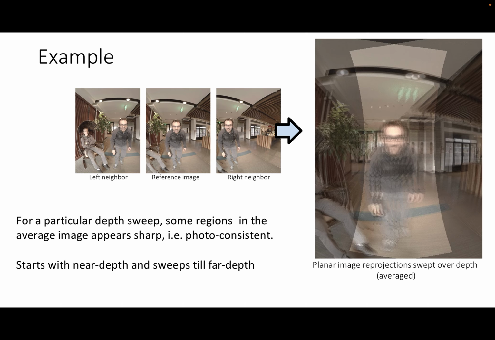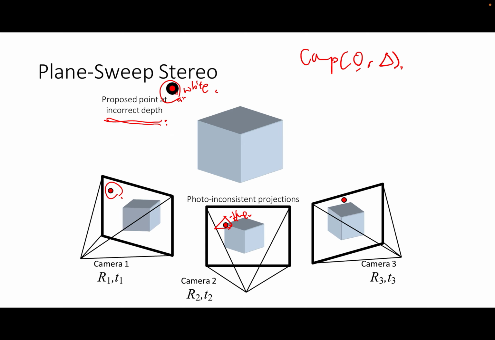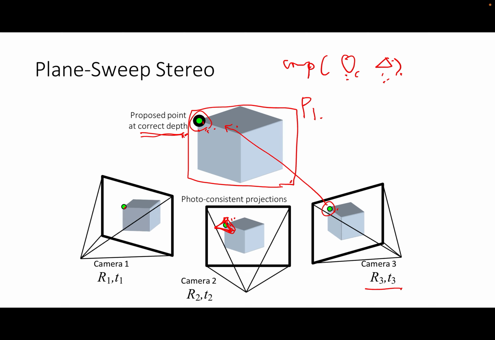This shows an example. For a particular depth sweep, some regions in the average image appear sharp, photoconsistent. So there are many blurry regions and some pixels are sharp. For example, this is relatively sharper than this region, right? So we can say that the depth value of this region is more accurate than this region. This is just the average of the reference image and reprojected images. So as I said, keep it very consistent with the previous slide. If the distance between I2